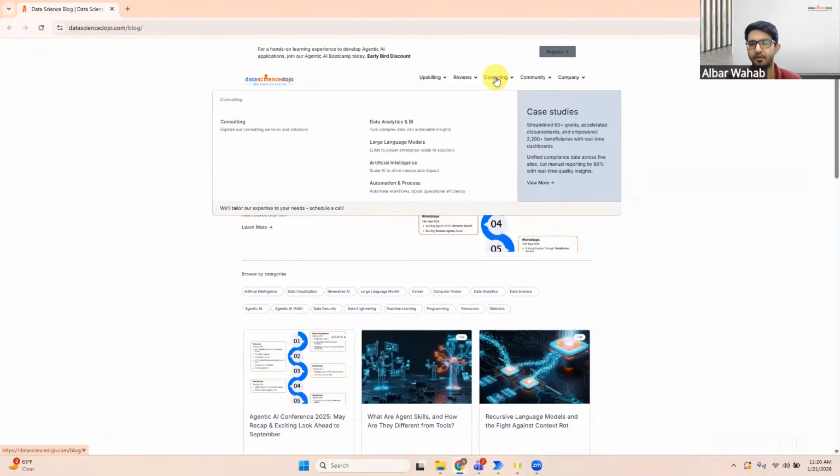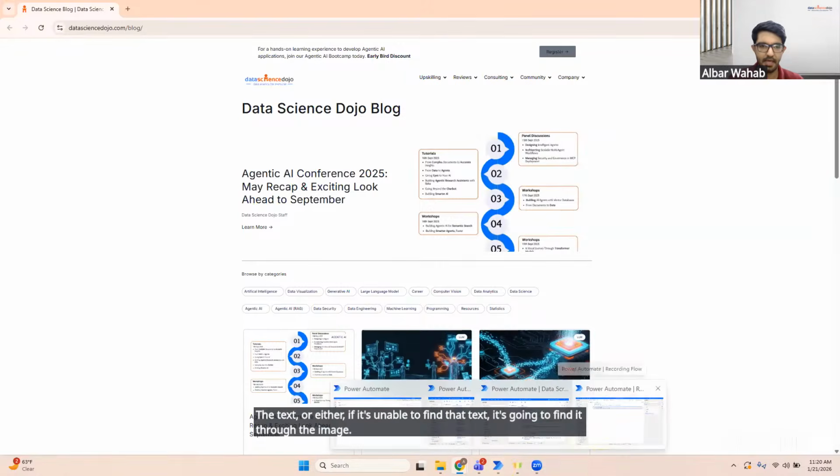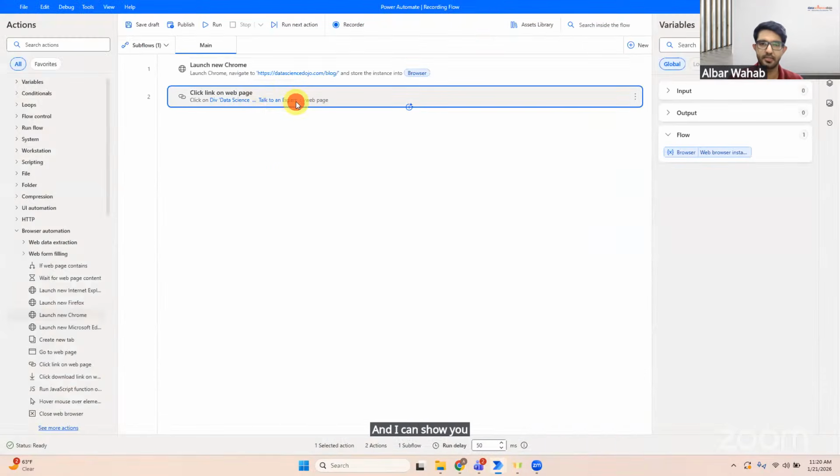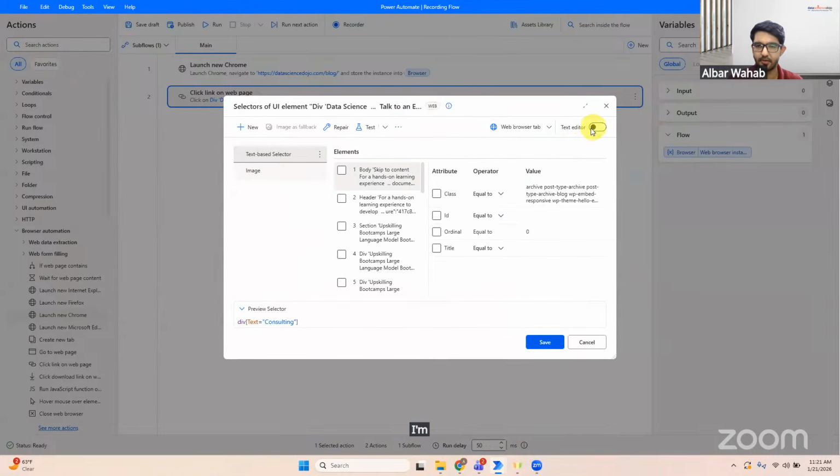And it does a perfectly good job, right? So basically, either it finds it through the text, or if it's unable to find that text, it's going to find it through the image. And I can show you how it actually works in real time. So I'm going to click on edit, and I'm going to test this out. So let's test this